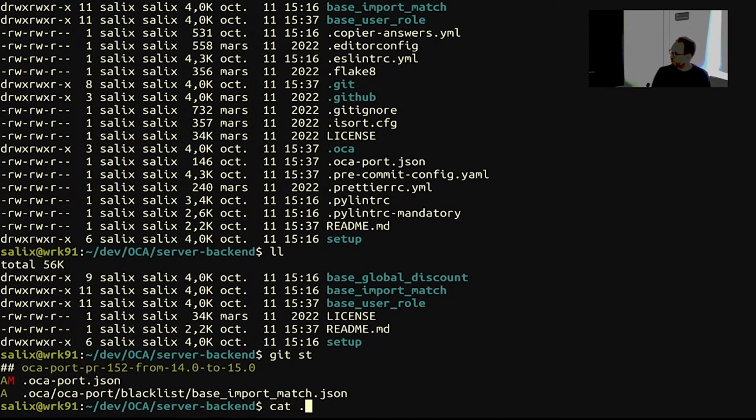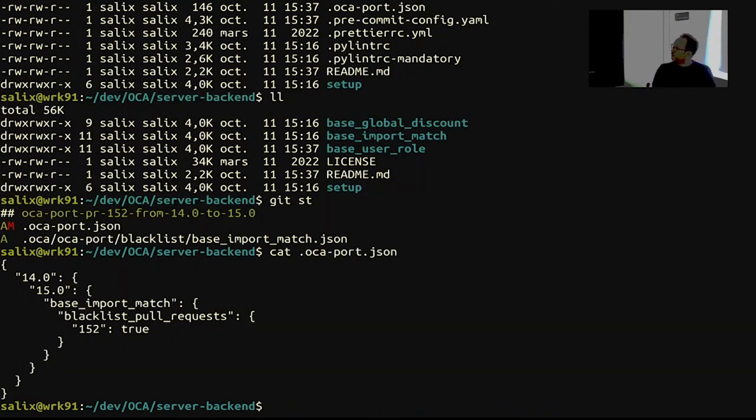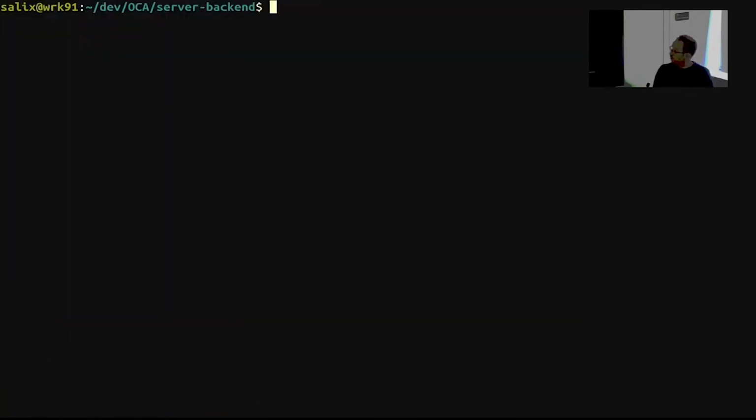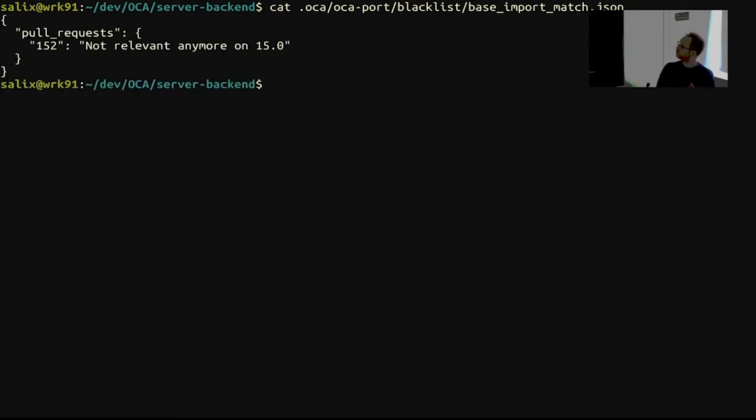Yeah, well, there is an issue, I will prepare a patch release soon. It will create a JSON file in a .oca hidden folder in the repository that will be committed. And it will just store the pull request number with the reason why we chose to blacklist it. That's all. The key point is that next time you run the command,